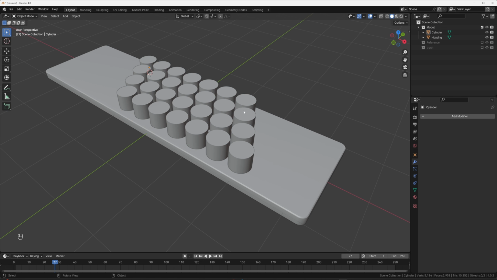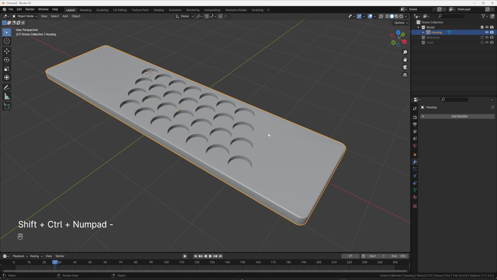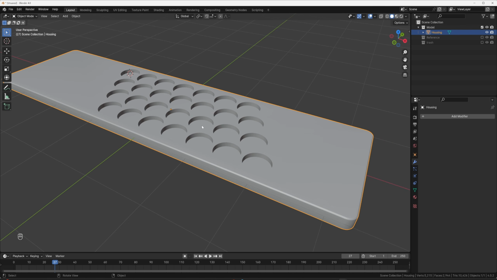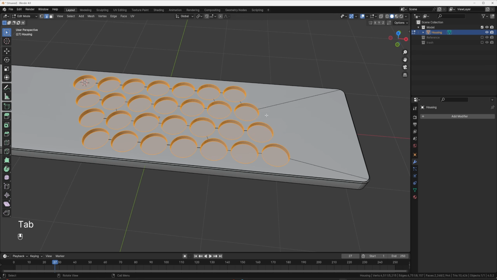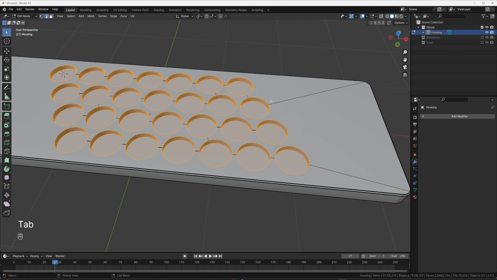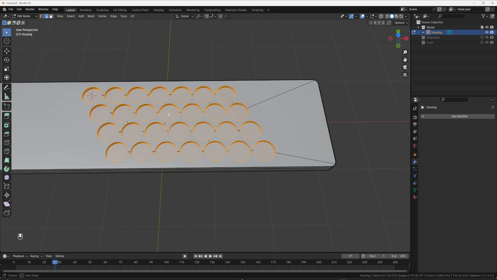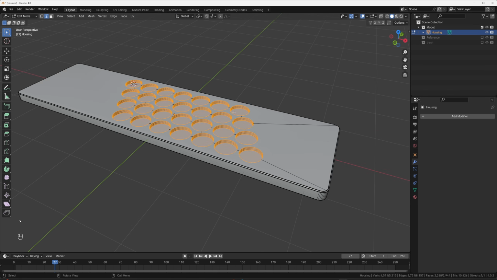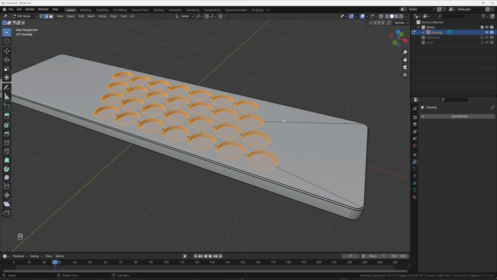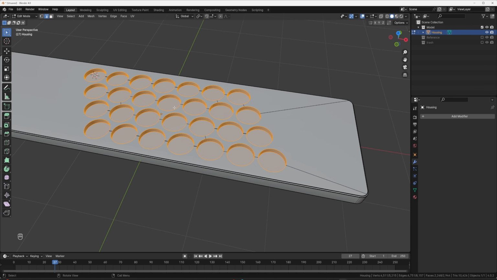Whatever you want to cut out from the piece, you're going to click this and then shift click the next piece that you want to cut it out from. And then you're doing Control Shift minus, or no, Control Shift numpad minus, and that's going to delete out and use a Boolean. So now if you tab, you're going to get these lines around these. These won't really bother you too bad because again, if you wanted to do this with some PBR textures and some mapping, you would need to take some extra precautions, but we're going to use a couple of different methods to make this a lot simpler of a project.